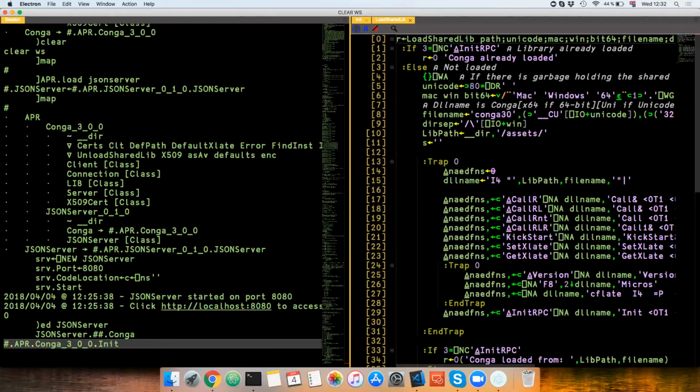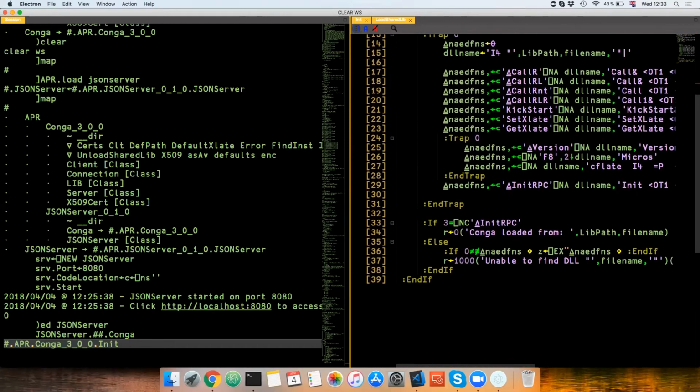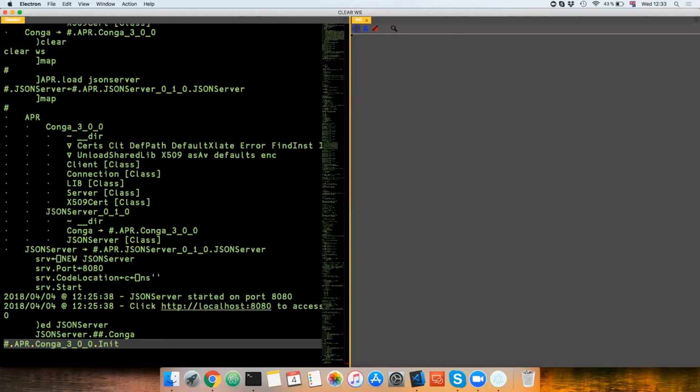And lib path is now the project folder on disk assets. I know where they are, so I don't need to look for them. Not sure that works on all platforms. There are nastinesses on